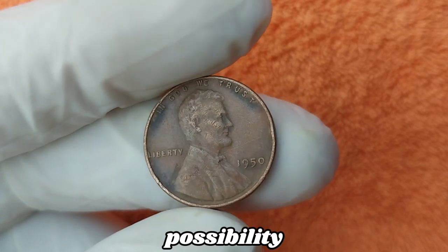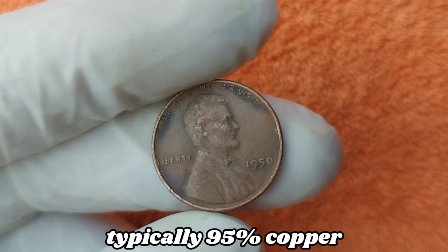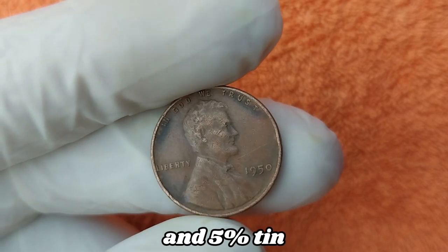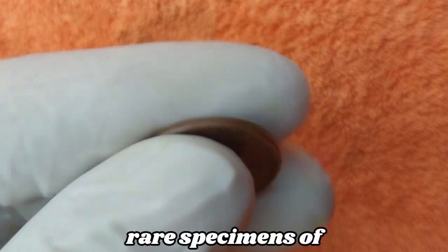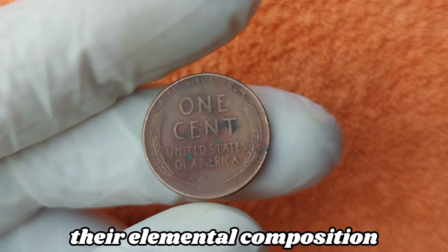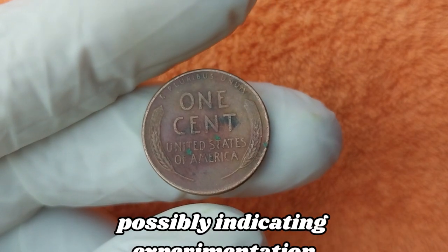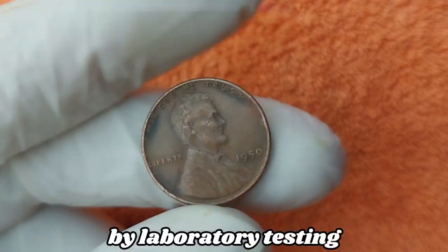Adding to this possibility is the fact that coins of this era were produced with copper alloys, typically 95% copper and 5% tin and zinc. Yet metallurgical analyses have found that some rare specimens of the 1950 wheat penny differ slightly in their elemental composition, possibly indicating experimentation, die testing, or misfeeds, which when confirmed by laboratory testing further increase